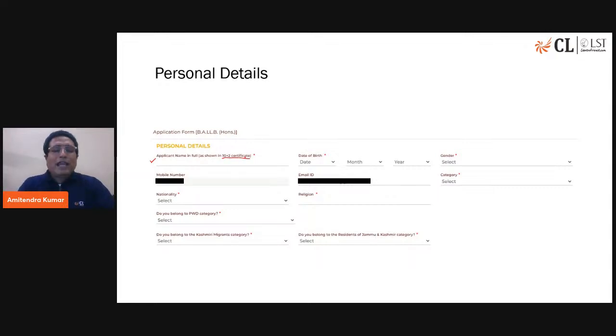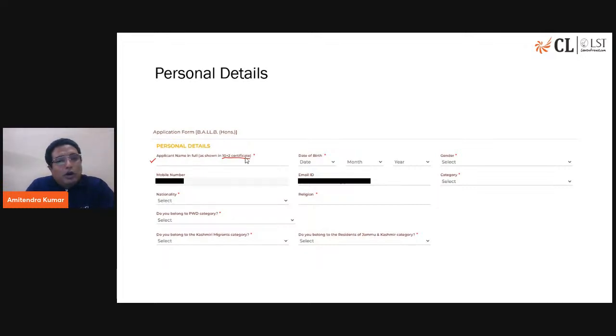Now, obviously, you do not have a certificate because all of you would be writing the board examination. But अगर आप CBSE ICSE से हो तो you have already given your term 1 board examination. आपने जिस तरीके से आपका नाम वहां पे एडमिट कार्ड पे डिस्प्ले हुआ है आप उस तरीके से लिखेंगे. Otherwise, as far as your class 12th is concerned, how your name will appear in the admit card of the board examination, that is how you will fill it over here.